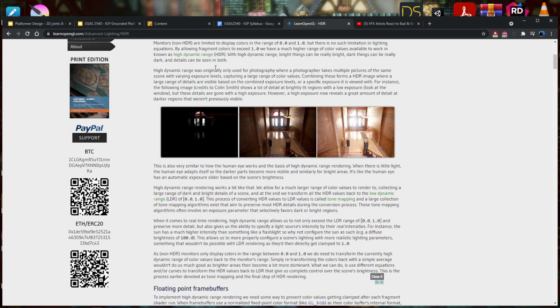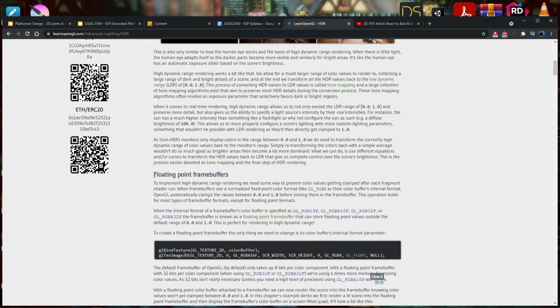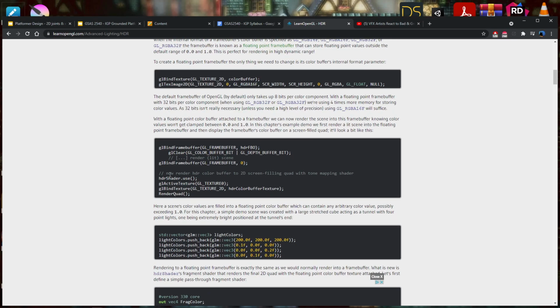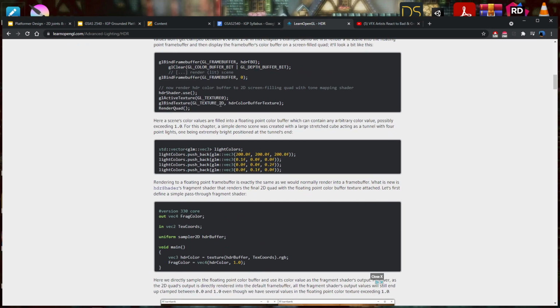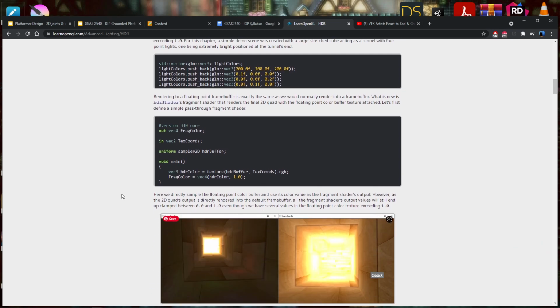So HDR, largely the enabling concept is using floating point frame buffers instead of our normal fixed point color format that would be from 0 to 1. It allows us to exceed that, but of course then we have to convert back down from that floating point to a fixed point so that we can display it. Right? So this involves a rendering pass to our floating point buffer, and then later on another pass that we're going to do that tone map